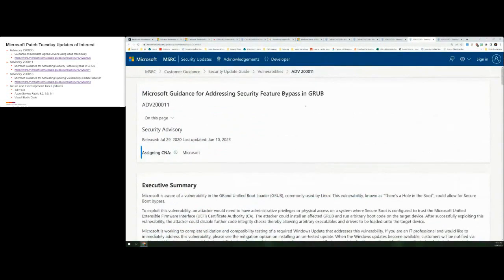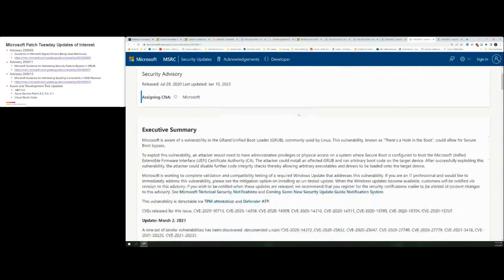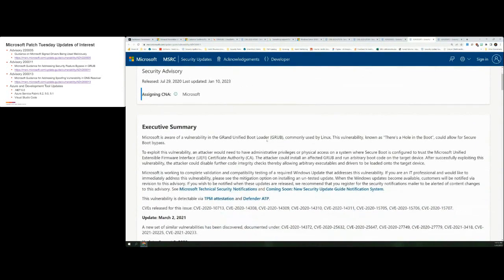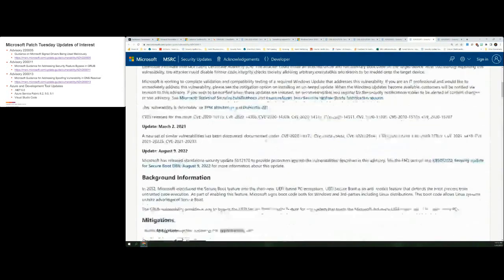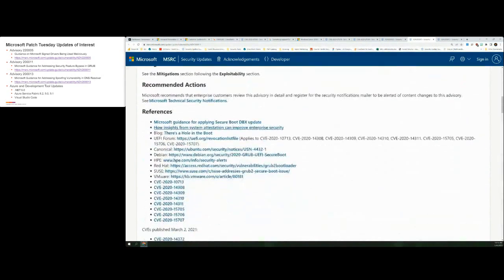If you remember this vulnerability from before, it is around the security feature bypass in Grub. That's the Grand Unified Boot Loader used by Linux. So there's a number of vendors that were impacted by this, and the references in this article have a link to each one that would apply there. If you remember having to take action on any systems in your environment there, this is just a heads up. You might want to go take a look at this again just to make sure you've got everything accurately diagnosed. They have changed a little bit of the details there, but all of the reference links are here. Those of you who had to take action the last time to investigate, this is a cue just to go back and double check.